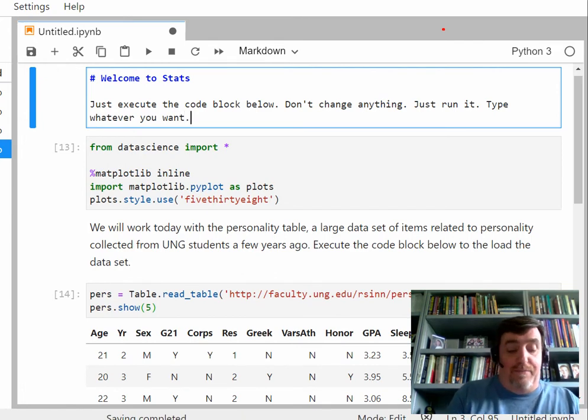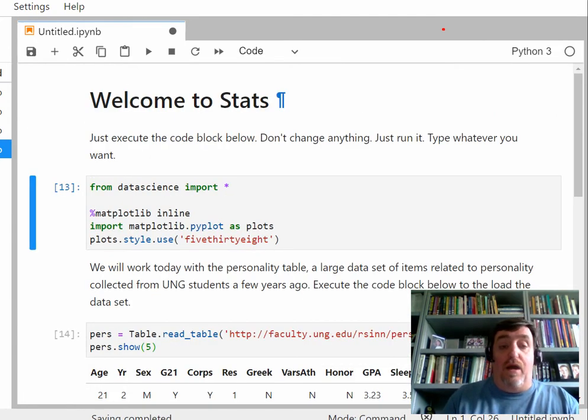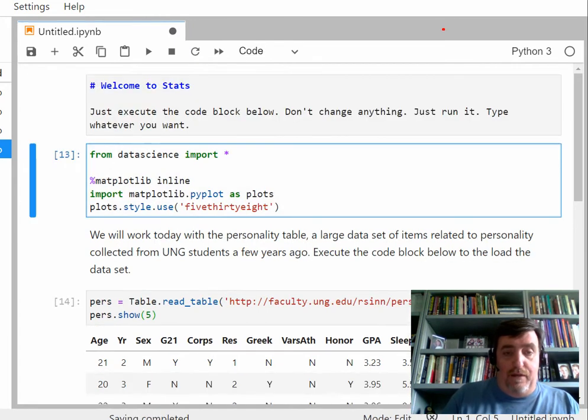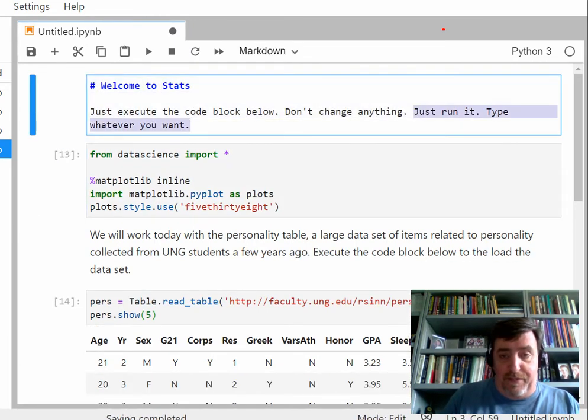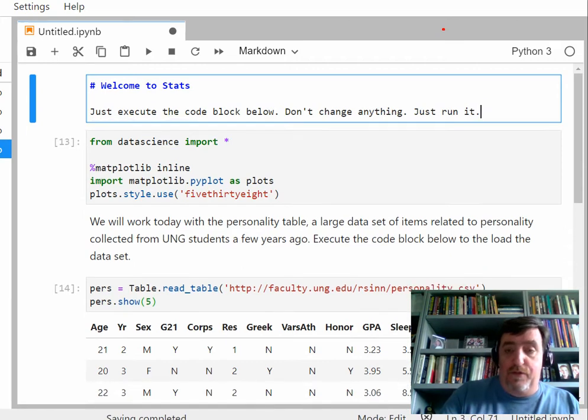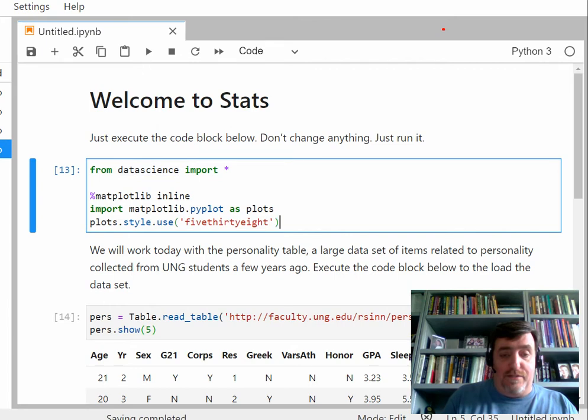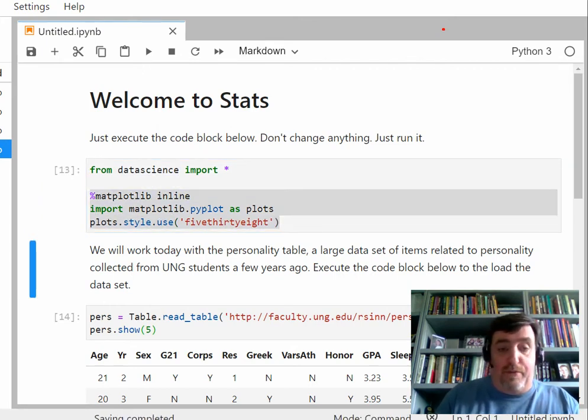And let me say that when I'm done typing, I hit Shift Enter. Why? Well, you want to execute the lines of code, and I actually don't want that anymore. Oops. And if you want to delete something, you do the same thing you would in any other browser. You highlight it and hit delete. And again, this is a fairly complicated set of commands in Python. But you can see that we are importing the data science package, which is important, and this just makes our graphics look nice.